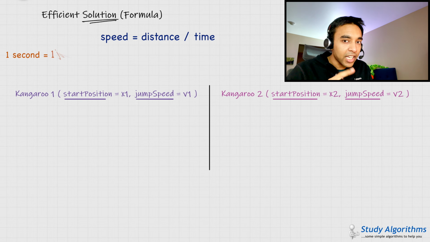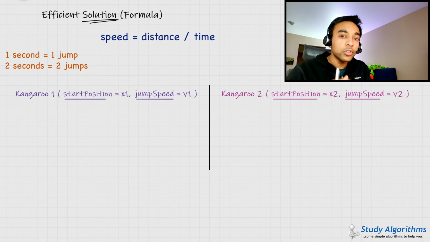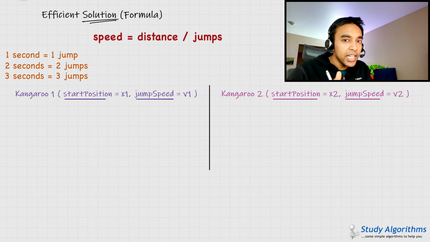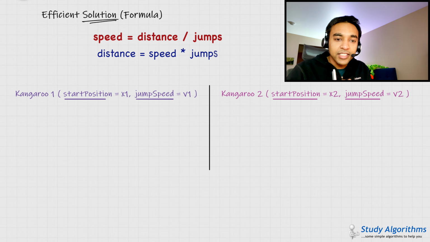So in 1 second, both the kangaroos make one jump. In 2 seconds, both the kangaroos make two jumps. In 3 seconds, both the kangaroos make three jumps. And so on. You get the idea. So let me change the formula to speed equals distance upon jumps. That means that the distance traveled by the kangaroo equals speed into the number of jumps that the kangaroo is